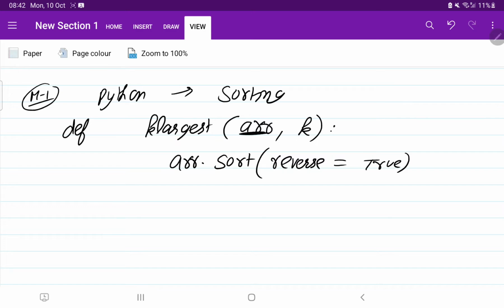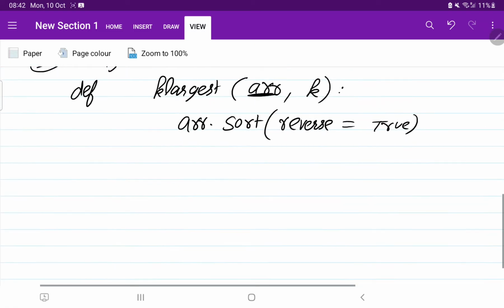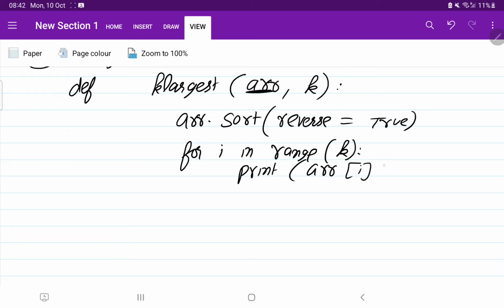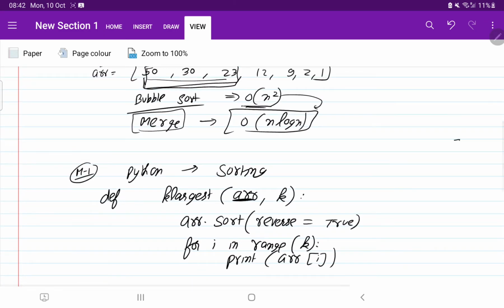Now, we need to print the top three elements. If the sorting is done, we can use a for loop to print the top three elements. So for i in range of k, I need to print the element array of i. If you print like this, it will print the top elements in descending order: 50, 32, and 23.